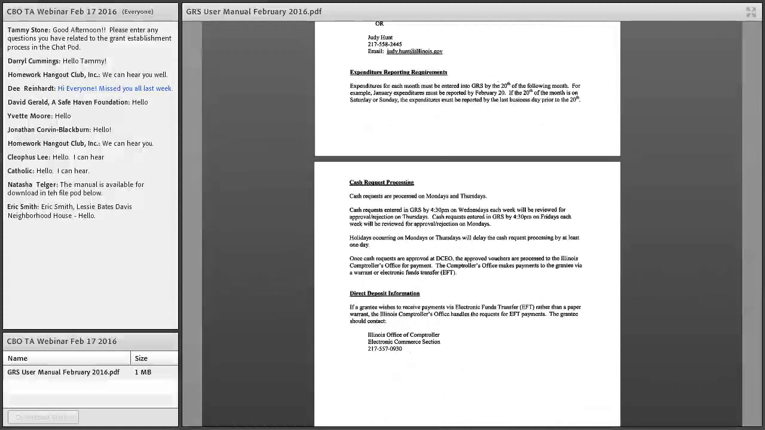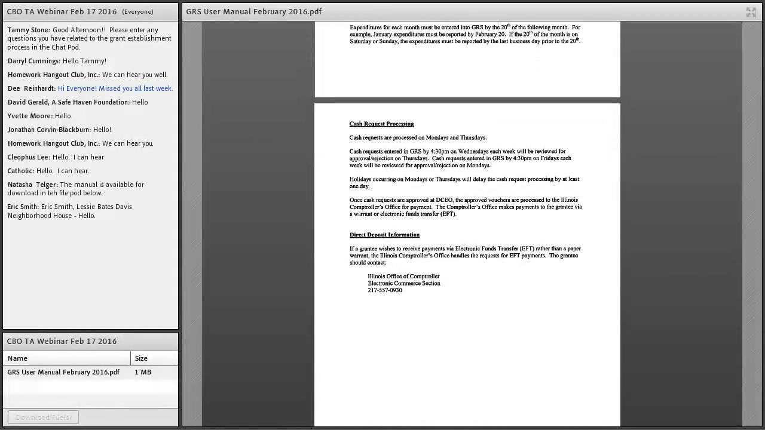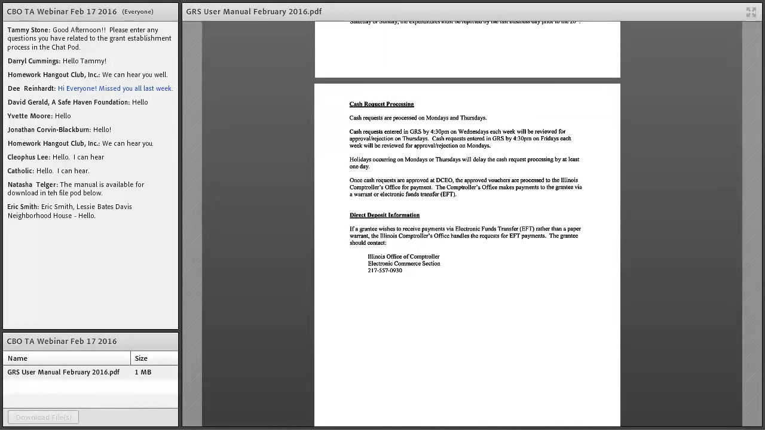Cash requests are processed on Mondays and Thursdays. If there are holidays, that does delay it, so keep that in mind. You want to get your cash requests in by 4:30 p.m. the day before. Also, on your cost input, try to get those in no later than 4:30 or 5 o'clock